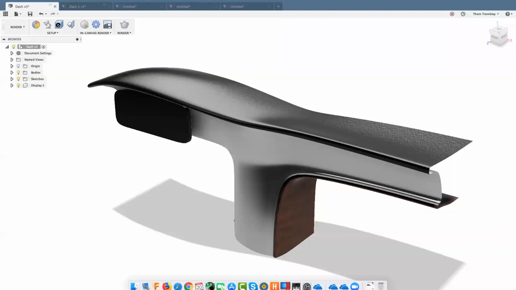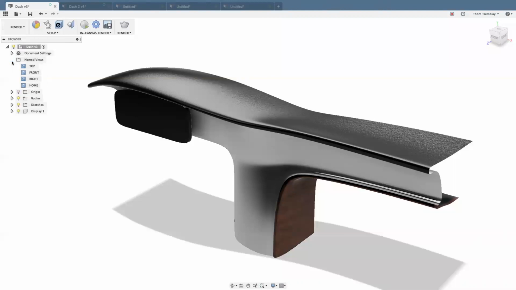Hey, will you show them how to set up views for rendering? Oh, sure. Yeah. So Rob was just asking about views for rendering. One thing you can do, if you want to do some experimentation, or you like a particular render, but you're not quite finished with your model, so you want to make some additional changes, is take advantage of named views. You can always create a new named view